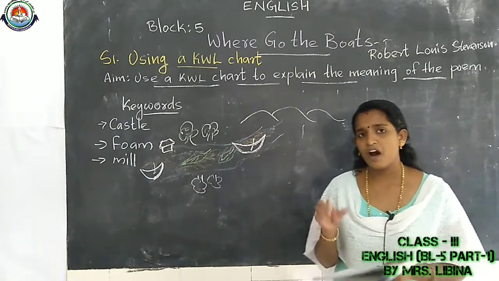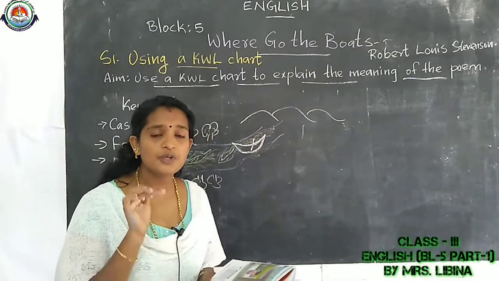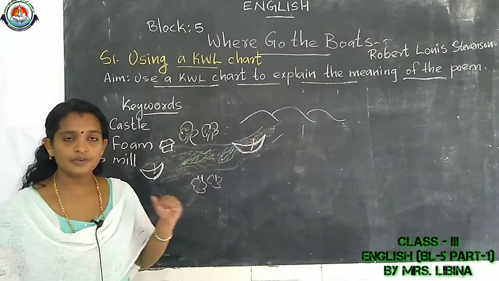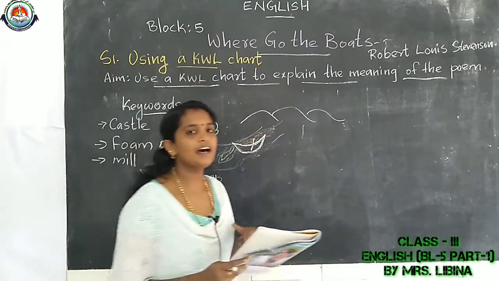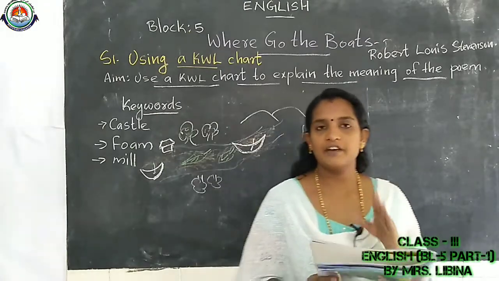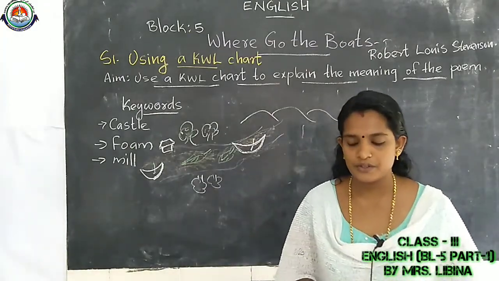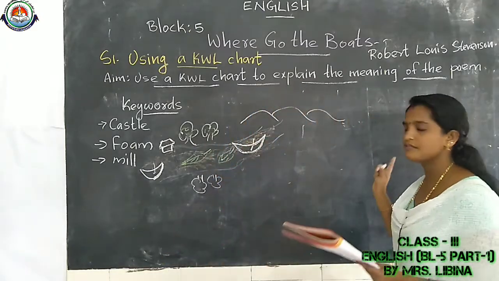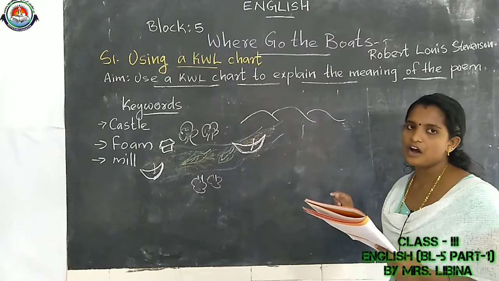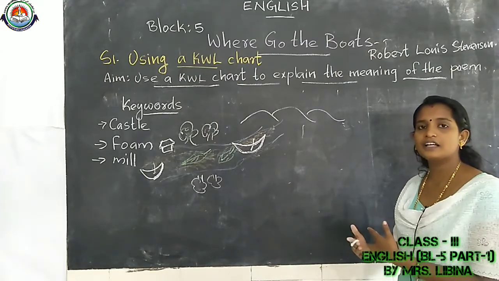Okay, then you have to recite this poem at least 4 times today itself, now itself. Then only you will get each and every meaning. Okay, all of you have understood. Now your duty is, one more column we have left here. There you have to write what I learned. What are the things you have learned?